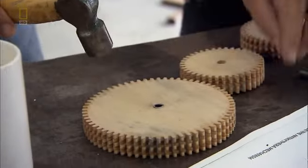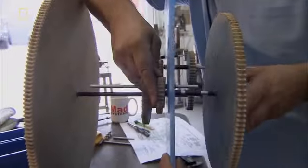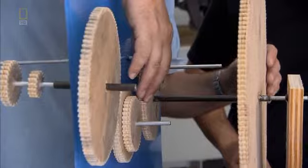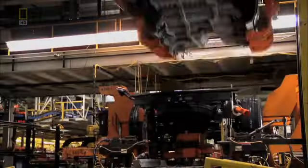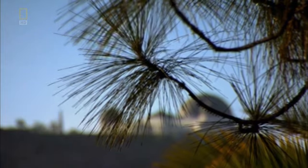Even with this high-tech equipment, creating complex meshing gears is an arduous task. But without these gears, and people with the patience and skill to create them, our world would not be the same as it is today. Gears are important because it was this kind of mechanism that drove not just the invention of, obviously, clocks and watches, but a lot of the machinery that was fundamental to the Industrial Revolution. Without gears, we'd have no cars, trains, planes, factories, or machines, from giant assembly lines to fine focus adjustments on